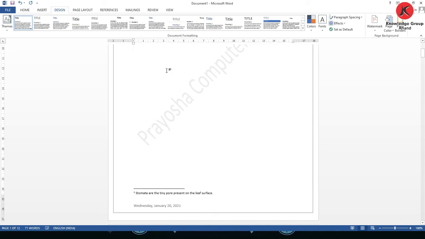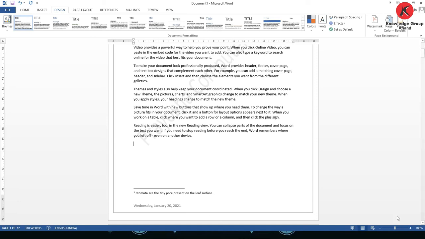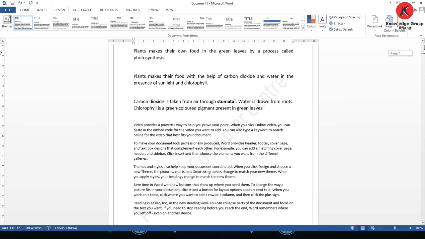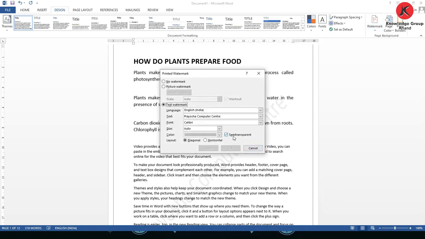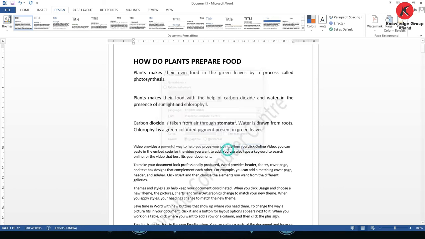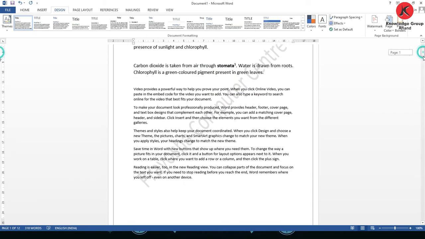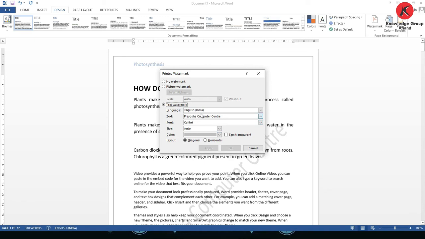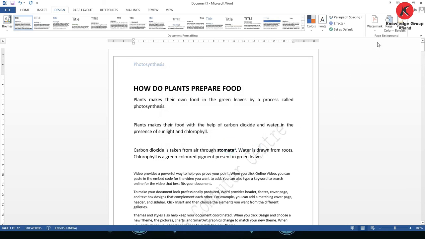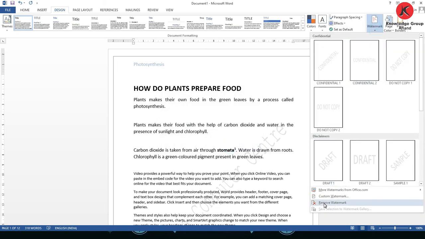Okay, how will it be displayed? For example, I'm going to insert 5 paragraphs, like this, but you can see the name is not properly visible in the watermark. So how can we change the watermark? Go to custom watermark, remove the semi transparent option and click ok. So now it is visible. If you want to change the name, select custom watermark, then you can change the name here. Also you can change the font style, for example cursive or whatever, select it and it will be changed. Now if you want to delete the watermark, click on remove watermark.